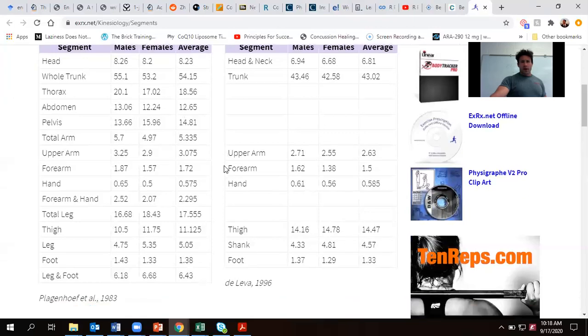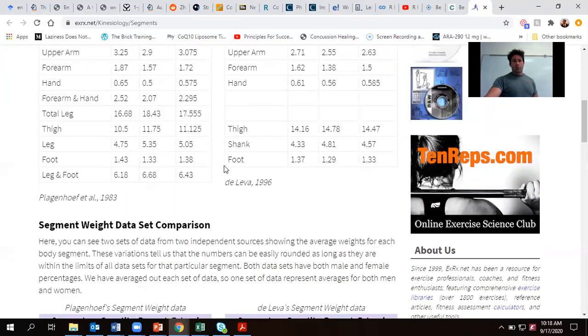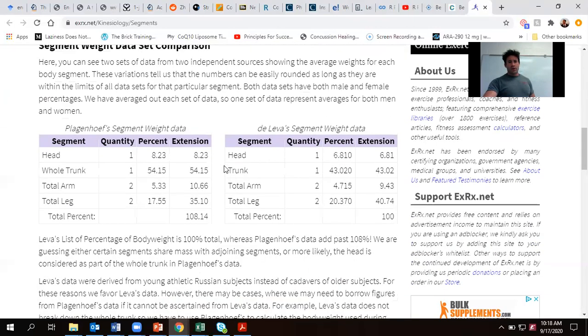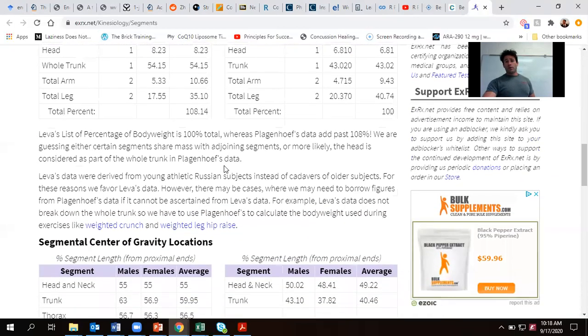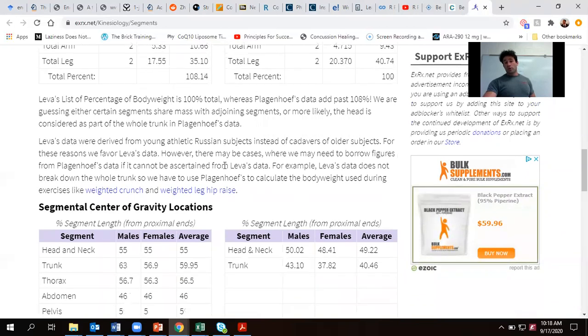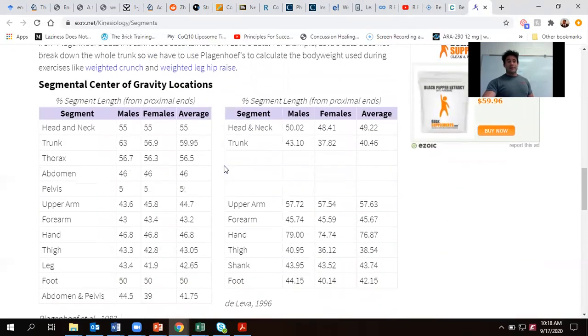If you know what percentage of the body weight, and thanks to that anthropometrics lab, when you measure the length of different areas of the body, you can then figure out, okay, there's my rotational inertia that I have to overcome, which does not include